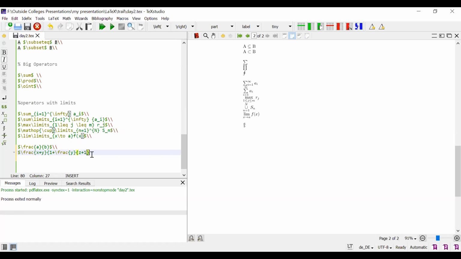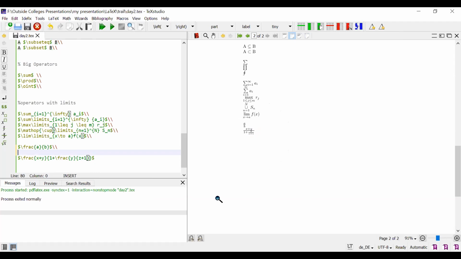Now I close the brace and put the dollar symbol. So now x plus y is the numerator of the main fraction. In this main fraction, the denominator is 1 plus y divided by z plus 1. In this denominator, we have another fraction, that is y divided by z plus 1.